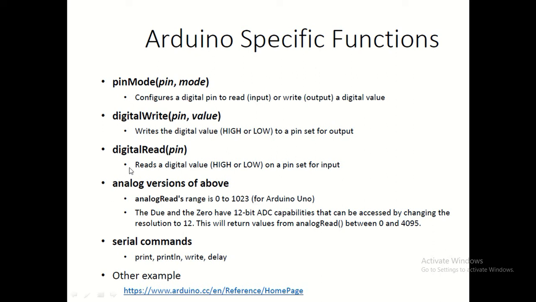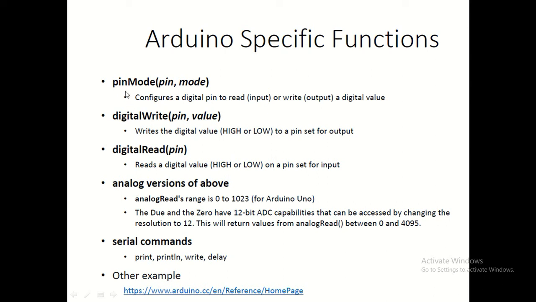The opposite case is when you want to read the pin, like in a switch or any digital input. Then it is a digital read and the name of the pin. In this case you don't need to mention any value, because the value is coming from the outside world. So you have to mention only the name of the pin from where you want to read, and assign this keyword to any specific variable. Then this value you will be storing in the memory of the controller for further processing.